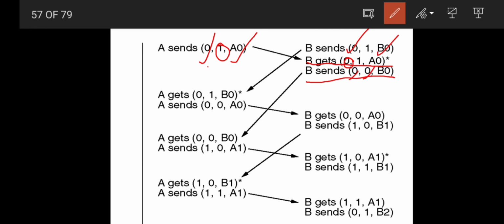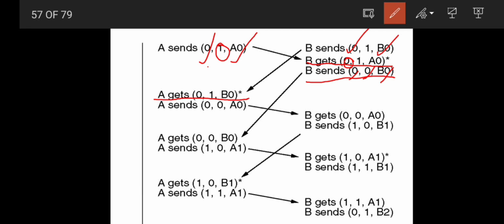So the acknowledgement number now will be 0. That means I received your frame 0 successfully. So it will send the same frame again. See here, after some time, A receives the first frame, that is frame 0 from B, successfully. Here also it will check whether the sequence number is the same as the one I am expecting from B. Yes, this is the same, so it will be handed over to the corresponding network layer.